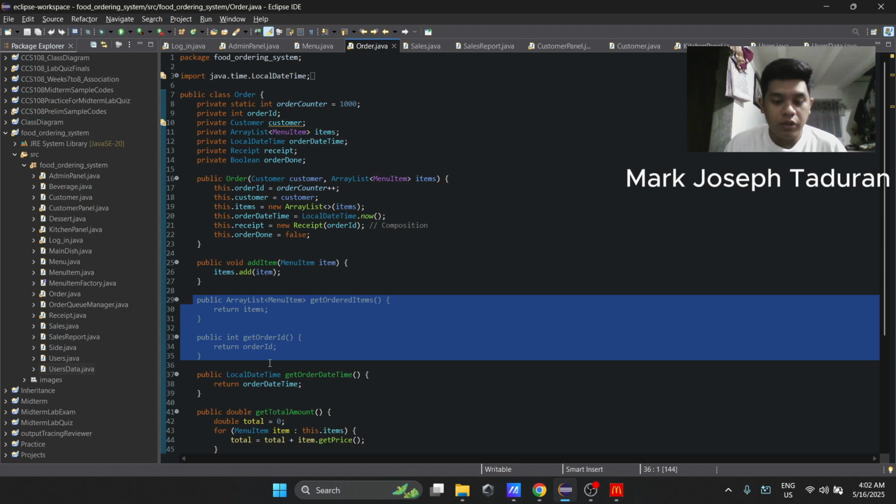Next, this line of code returns the items, so reports and the kitchen panel can peek inside.